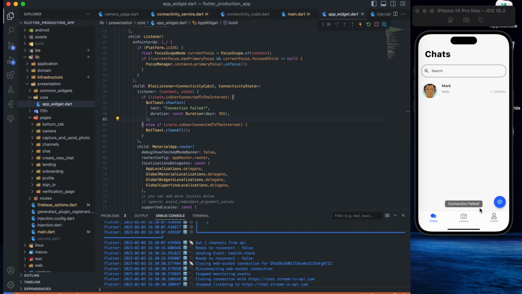In the beginning of the series, I told you that you are a developer and you have to extend your skills. And as a Flutter developer, the chat application is important because almost every mobile application has a chat feature. And for the chat feature, we are using Stream, and Stream is the most popular chat service, and Firebase is also the same. It is also a popular service, maybe not a chat service, but anyway,